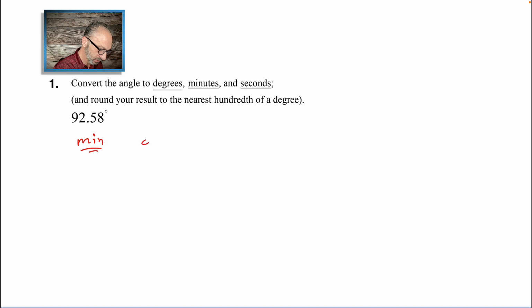we will take the portion of a degree, which is 0.58, and multiply that by 60, because that's like 0.58 degree, which is a portion of a 60, not 100. In money, we talk about 58 cents, but if it's 0.50, that's 50% of a degree, which is 30 minutes. So in this case, we multiply 0.58 times 60, and the answer is